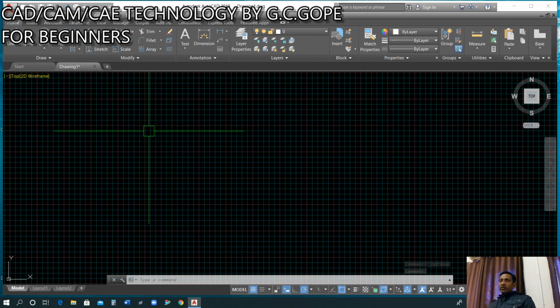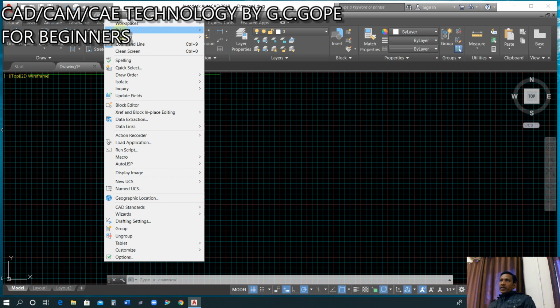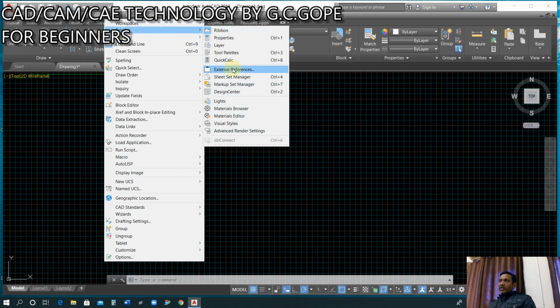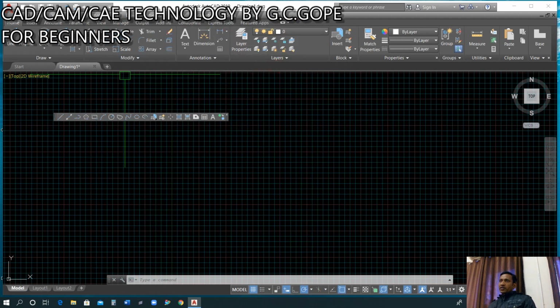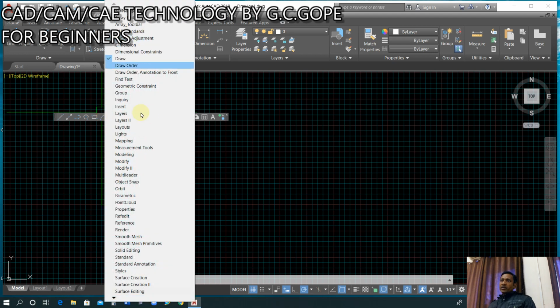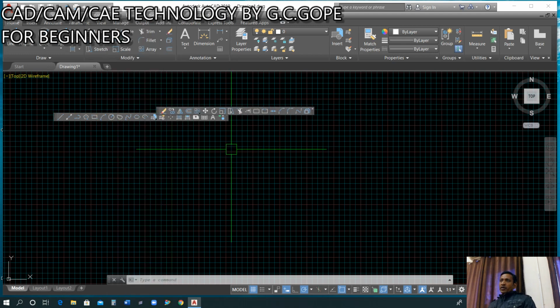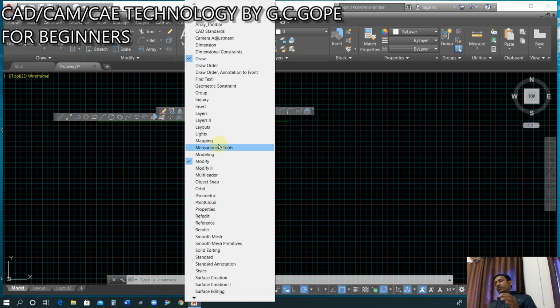These are the necessary toolbars. So how to bring the toolbar in AutoCAD software? This is also a very confusing question for a student. Directly we click here in the Tools menu. There is the option Palettes, and now we can see that we have Toolbar AutoCAD, and here we have the option Draw. So we have the draw toolbar. Again we want to select the modify toolbar. Similarly, whatever toolbar you want to bring in AutoCAD, you can easily find from this selection.